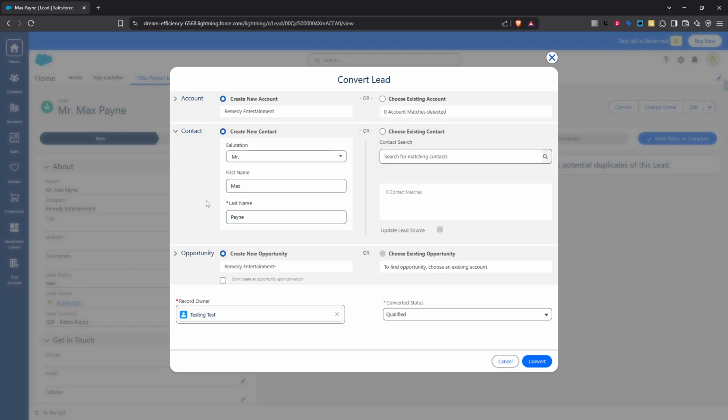At this stage, you'll also decide on the creation of an opportunity. You may choose to generate a new opportunity, link the lead to an existing one, or opt not to create any opportunity at all. This choice depends mainly on the lead's potential and how you plan to proceed with them